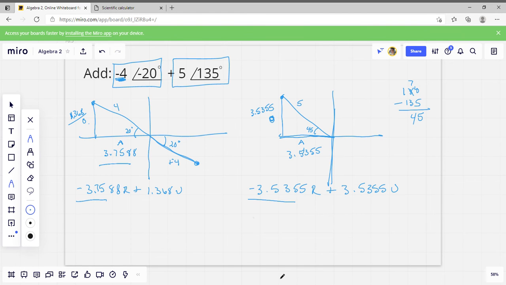$7.29433. So we're going to have 7.2943. Since we're adding these, we're just adding like terms. Here are our rights, and those are negative, and then we've got a positive and a positive for our ups. So this would be